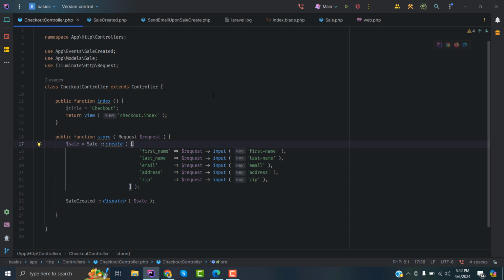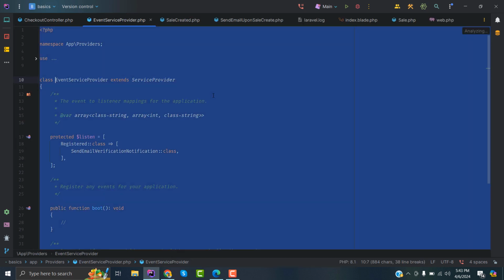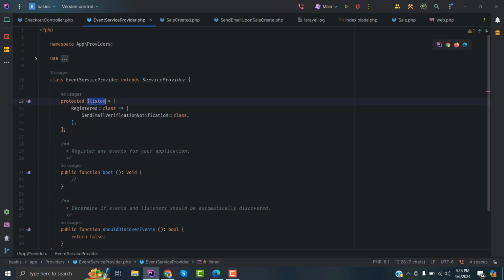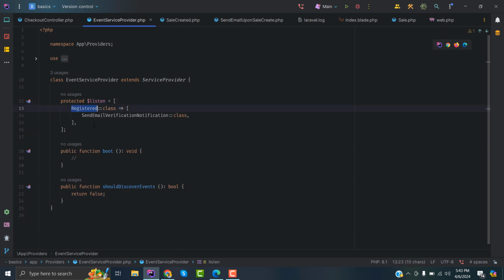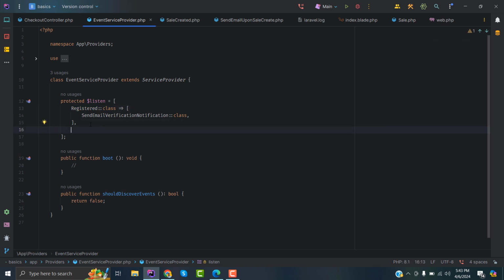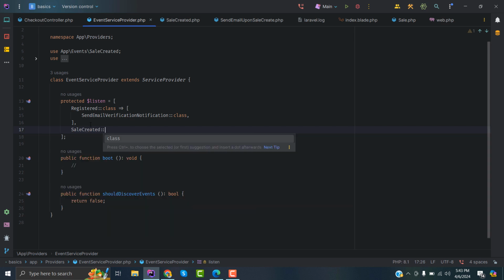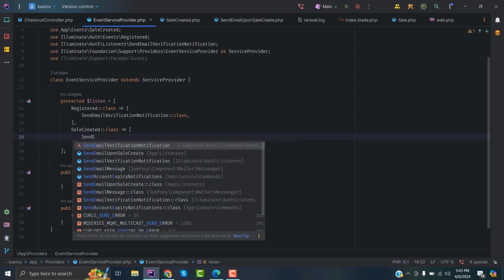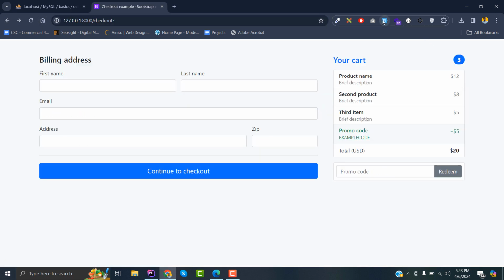So all we need to do is register the event in the event service provider. Here you can see we have an event service provider with the listeners array, which already has registered entries. All we need to do is register our own. So I will type in the event: SaleCreated class, and then this should listen to SendEmailUponSaleCreated class, like so. Now if I go back, reload the page, submit the form and hit continue,